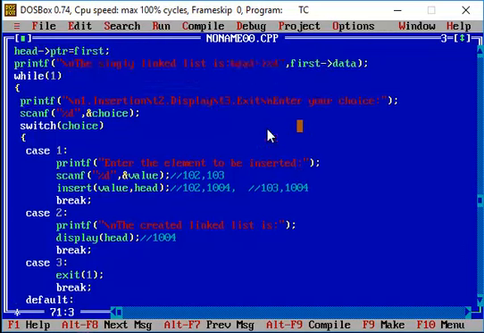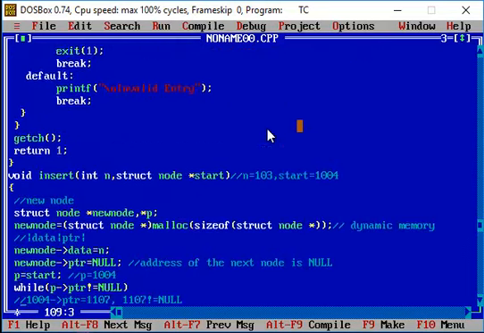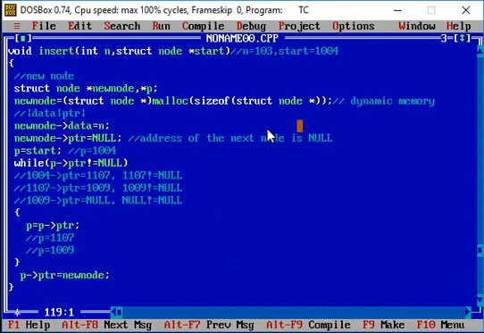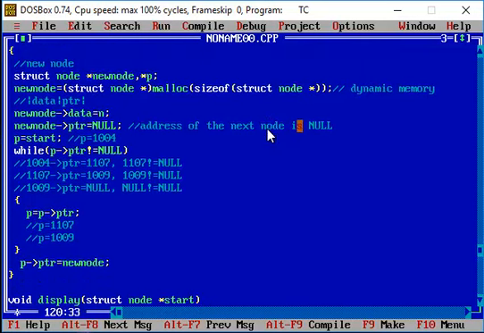Now I'm going to write the definition for the function display. This function will have a formal argument that will catch hold of the address of your head node. Since the address that is getting caught is for variables of structure node type, the formal argument will be created in the data type of the structure node itself.